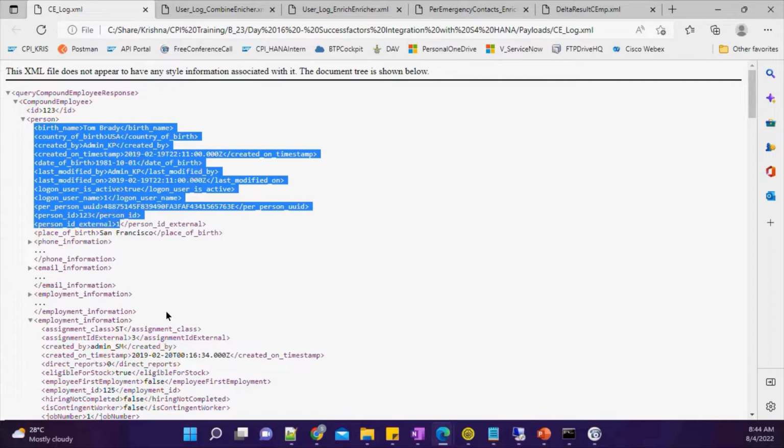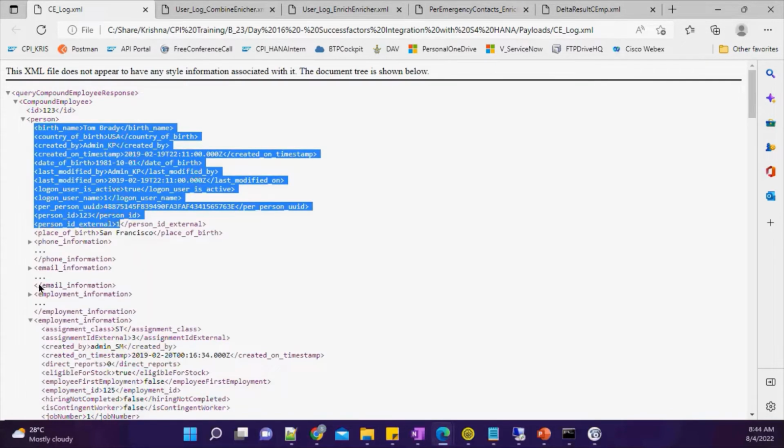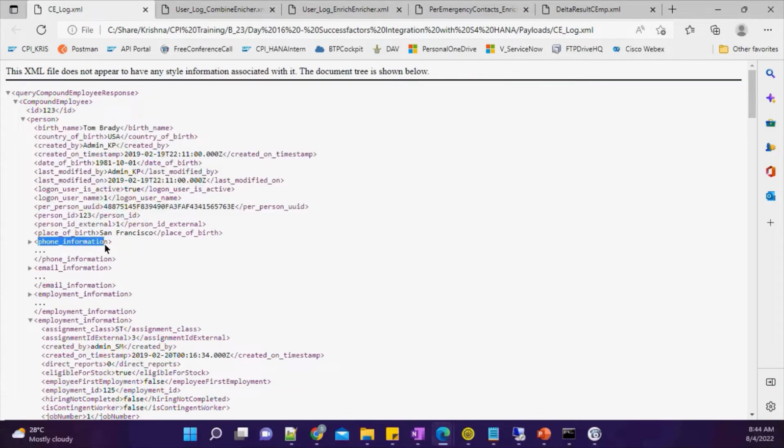Okay, so say a coronavirus outbreak or any natural calamity has arisen in a particular geolocation. You want your system to be intelligent enough to send an alert to all the employees who are part of that particular geolocation or area. So how can you identify them? Using this address information. Under the person information you will have address information. Since I have not selected it, that's the reason it is not coming here. So you can have that address information, and based on it, you will build a logic.